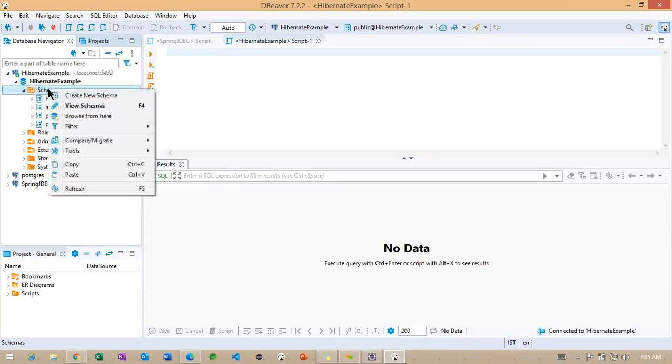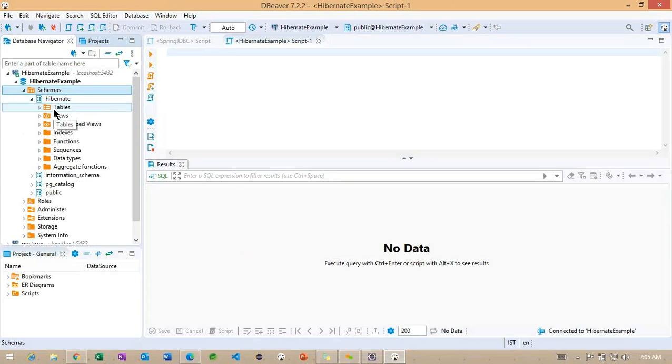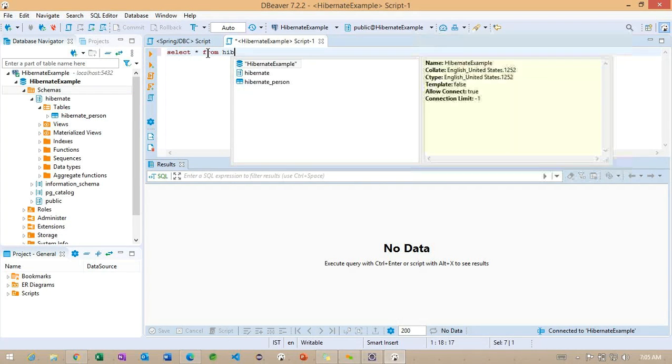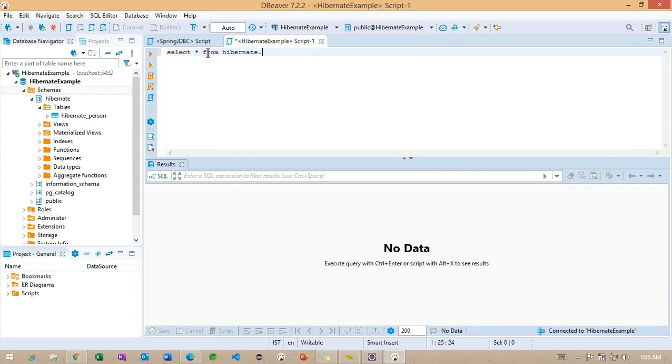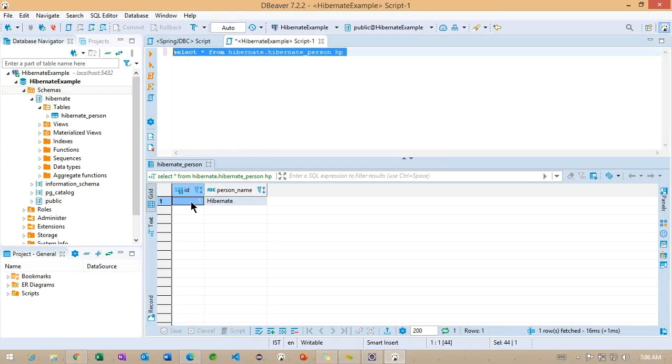Go back to here. Let me refresh one time and check inside this particular Hibernate schema's tables. We are able to see this particular hibernate underscore person. Let me run the same query. We need to specify first the schema name and after that the table name. You can observe here ID 1, the person name is specified as Hibernate.